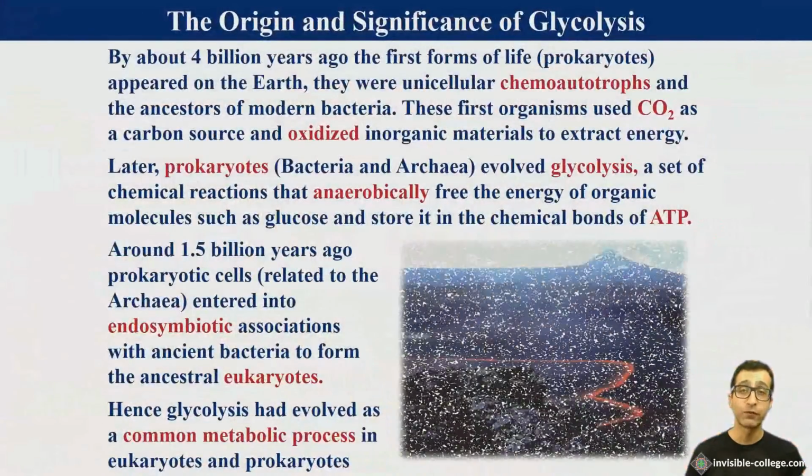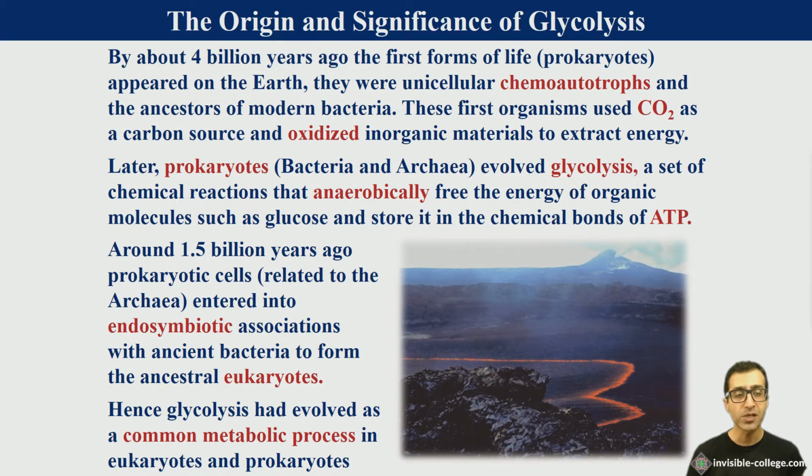Now, approximately 4 billion years ago, the very first forms of life, prokaryotic life, appeared on the Earth, and these were unicellular chemoautotrophs. They made use of the energy released by chemical reactions in their environments to power their respiratory processes. So these first organisms used carbon dioxide as a source of carbon and oxidized inorganic materials in order to